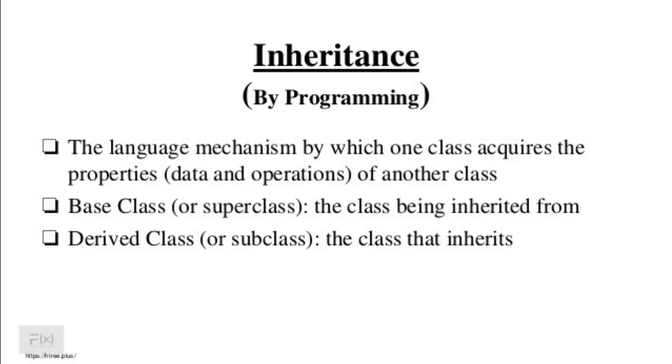The final one, that is inheritance. It is a property of one class to inherit the properties from another class. The class that gets inherited to another class is known as base class or superclass or parent class. The class that inherits from a base class is known as a derived class, a subclass, or a child class. And we inherit one class from another class using the keyword extend.